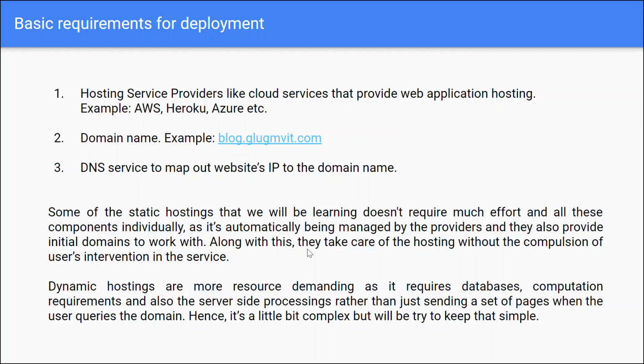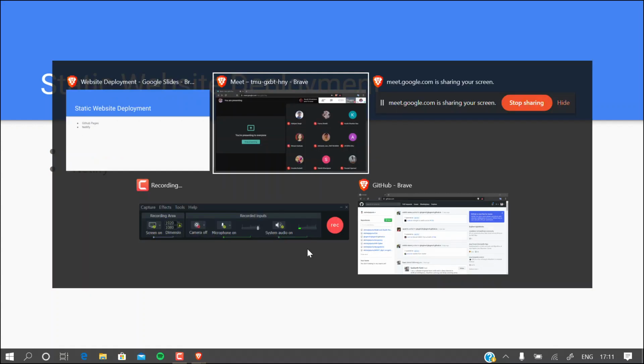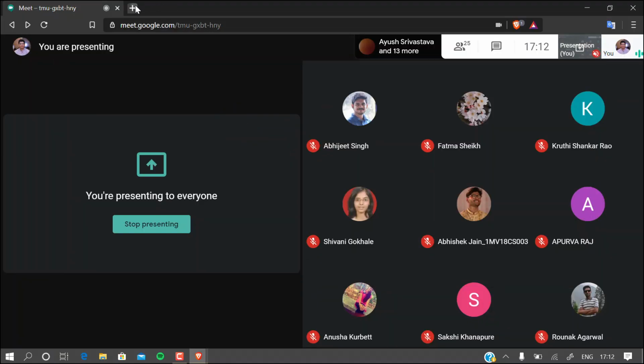That was about dynamic websites. The static website that we are covering today is very simple. We don't need these resources, and these services are provided in a very specific manner, so you don't have to worry about mapping domain names and everything. We are covering GitHub and Netlify today, which are providers to deploy your static websites very easily. Let's check. First, we are deploying static websites, so we'll start with GitHub, and then we'll go to Netlify.